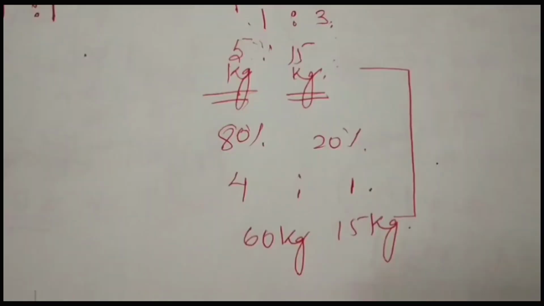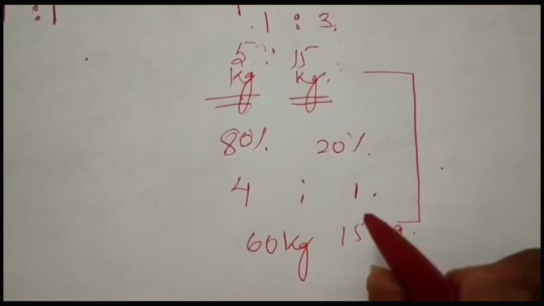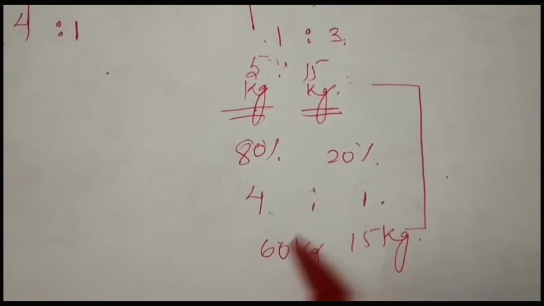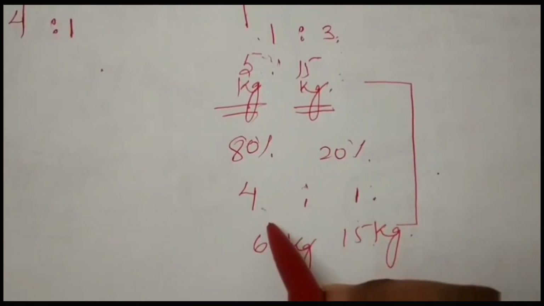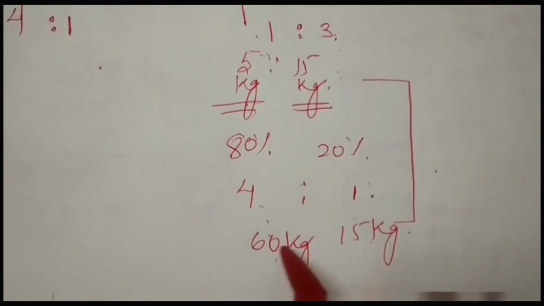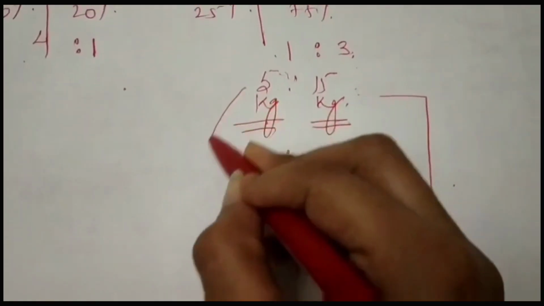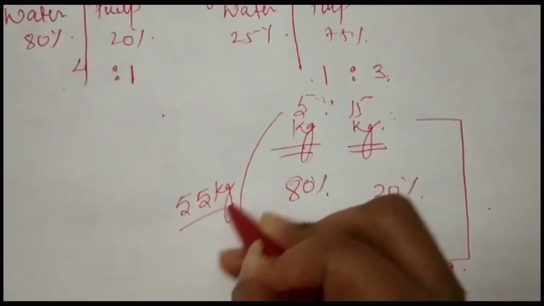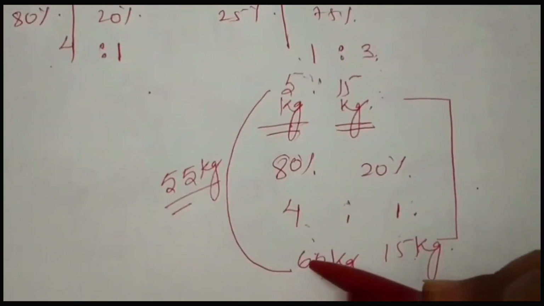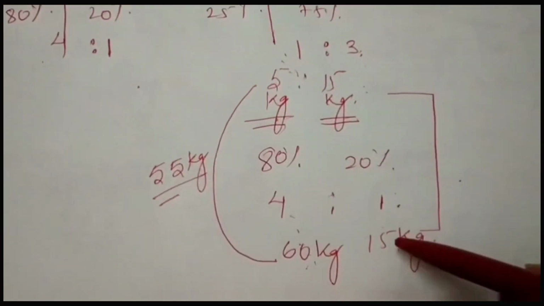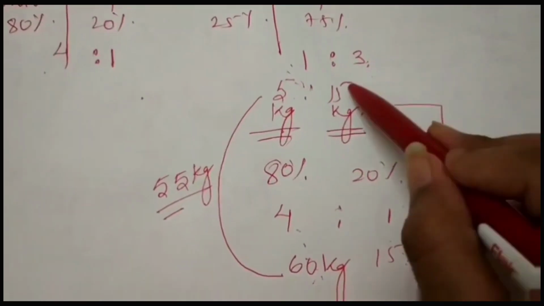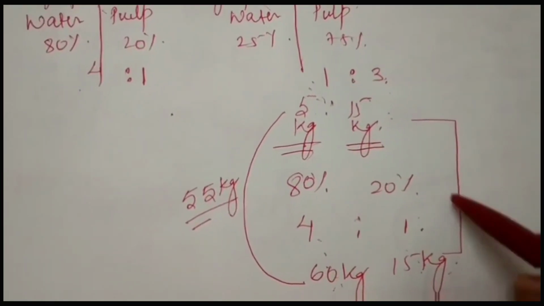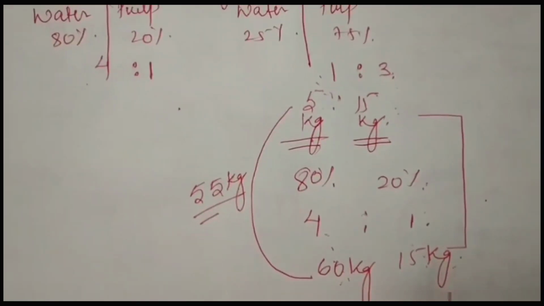Okay friends, right? So if you divide 15, that is the 4:1, 15 kg is 60 and this will be the 15 kg. That means if you divide this, it will be 4:1. And what is the difference? 65 kg and 60 kg, that is 55 kg is the difference, right? 60 minus 5. And here this is also 15 kg and this is also 15 kg. So the required proportion of the water and pulp is given as 20%, that is the 15 kg.